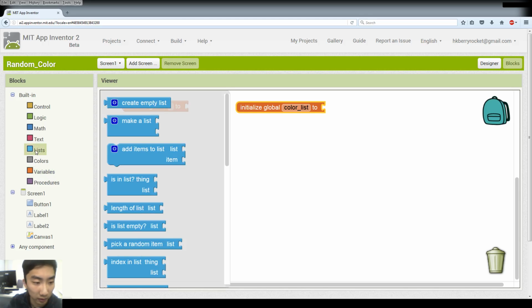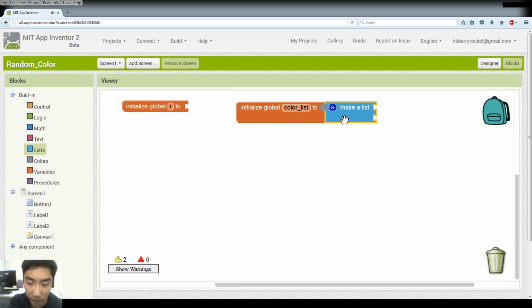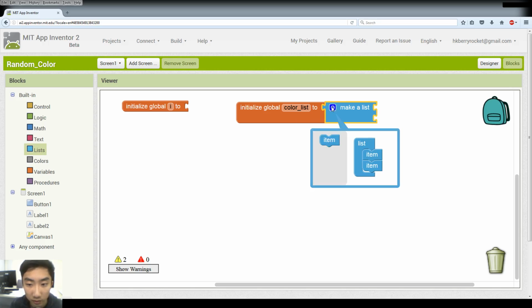So the color list, we need to create a list, so we drag the make list block here, and as I mentioned, the color consists of 3 different components, the RGB values, but here we only have 2. So what we have to do is to click this little blue button and drag a new item here,